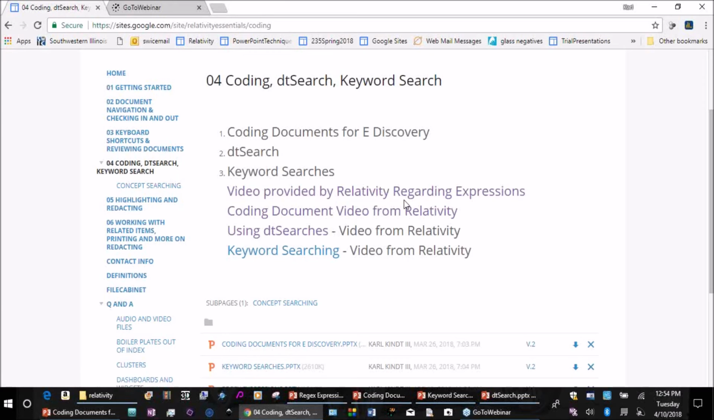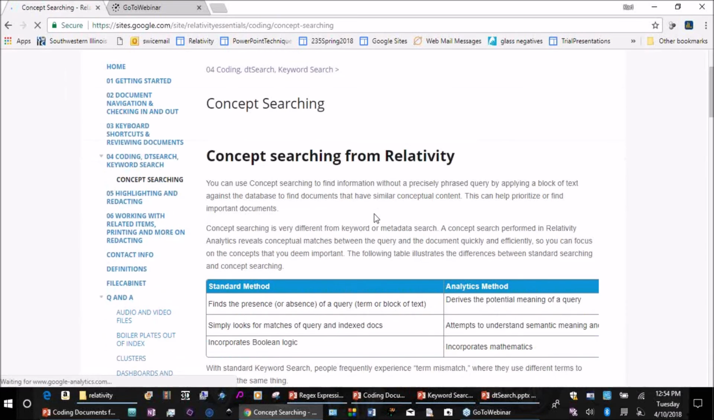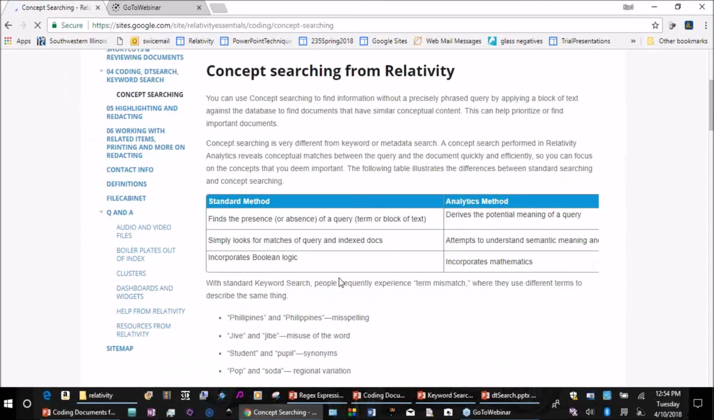I do want to cover one more thing over here under concept searching that I talked to you a little bit about last week, and that is in Relativity, concept searching enables you to find information without precisely phrased queries by applying a block of text against the database to find documents that have similar conceptual content. This can help prioritize or find important documents. So concept searching is very different from keyword or metadata searching. Concept search performed in Relativity